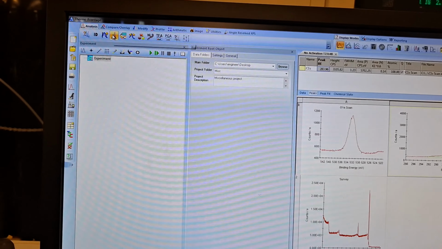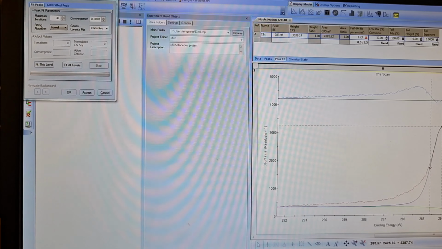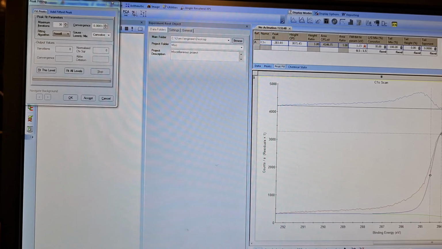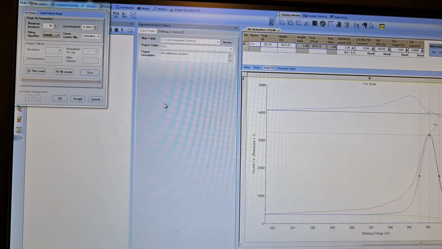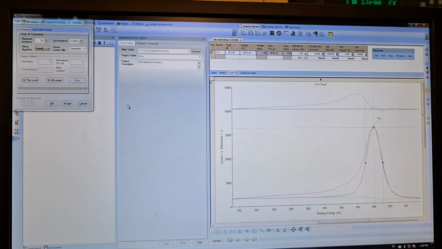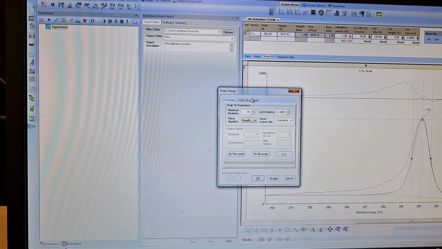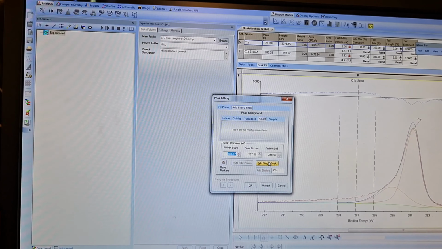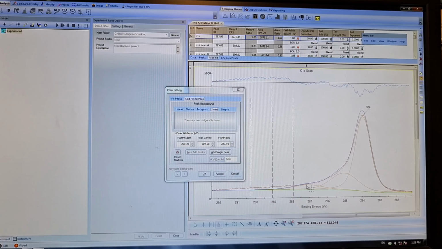Then I will add peaks. So first peak is here. It will be a terrible fitting, I think, since I cannot adjust the Gaussian-to-Lorentzian peak ratios, unfortunately. So I will add another one. I will add another peak. So I will add a single peak here and one more peak here. Okay, so I added,